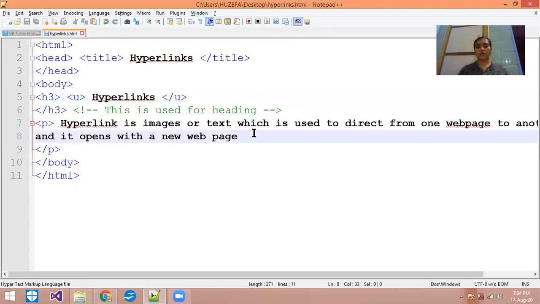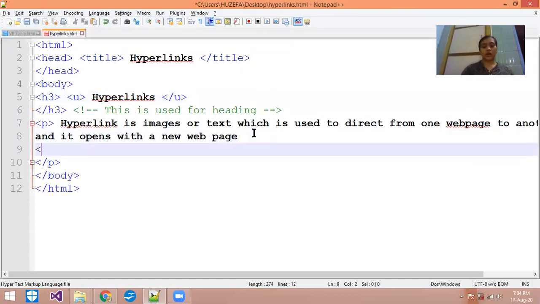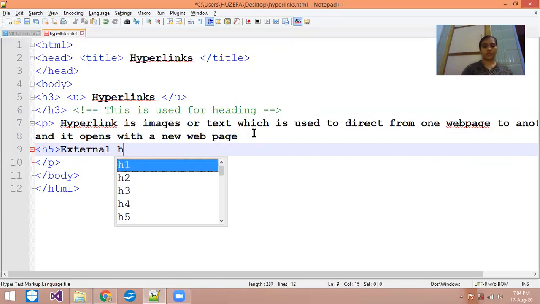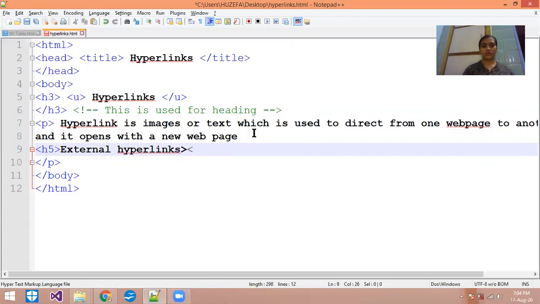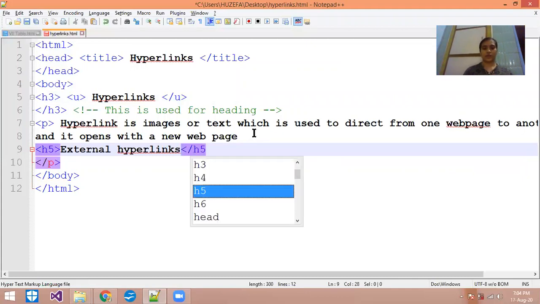So first we are going to learn the external. I'm using the h5 tag and writing external hyperlinks, and the h5 tag will be closed.